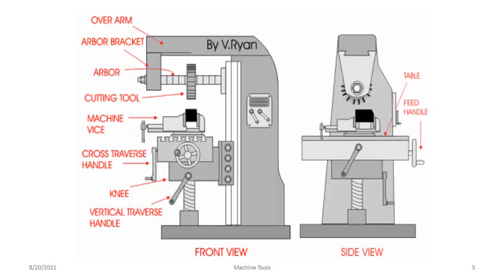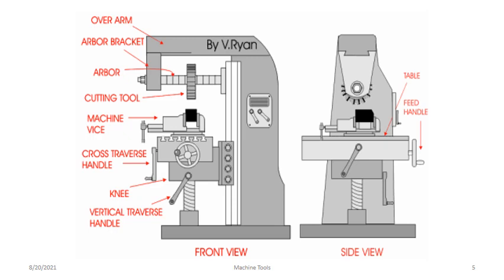Next, the explanation. You can see this is a 3D view. This is the rotating milling cutter. This is a milling tool, milling cutter, or mill bit. This one is the arbor. The arbor is rotating. This is the yoke, also called the arbor support or arbor bracket. Then the overhead arm, the overarm. This is the vertical column. This one is the base. This one is the elevating screw.